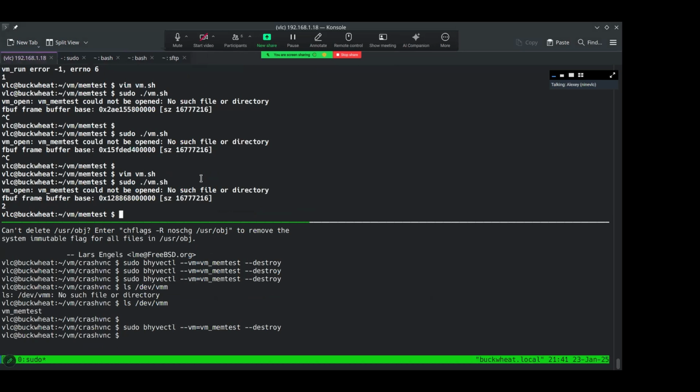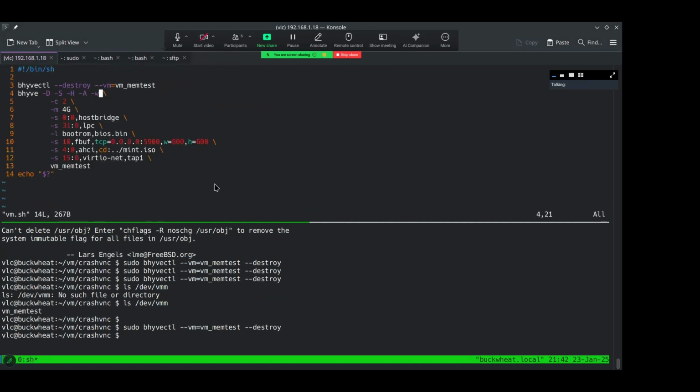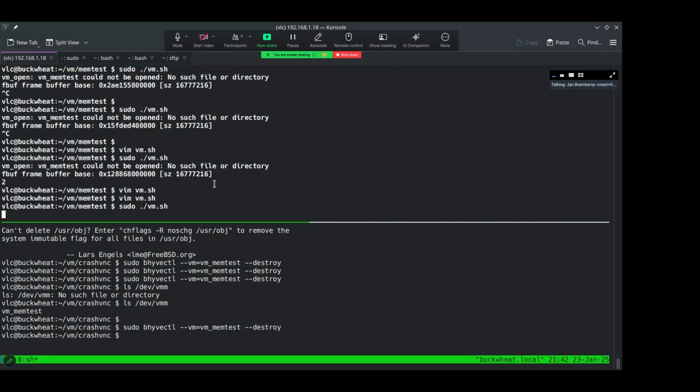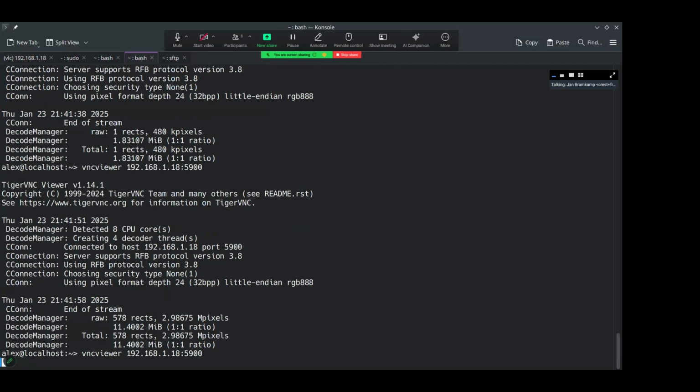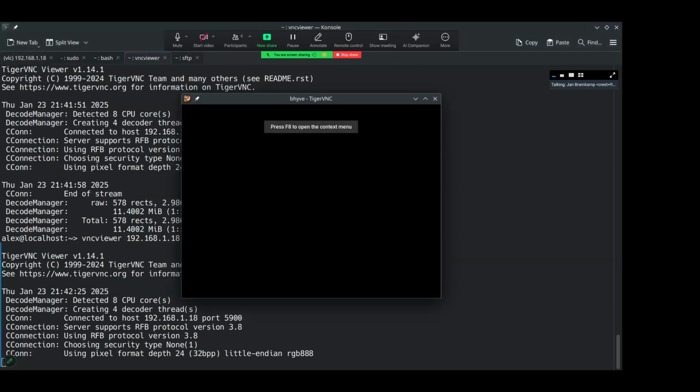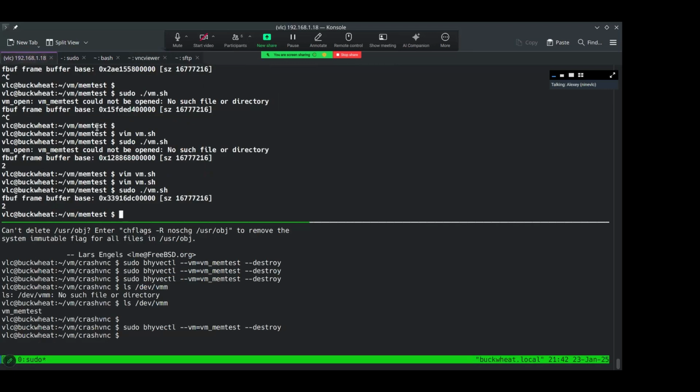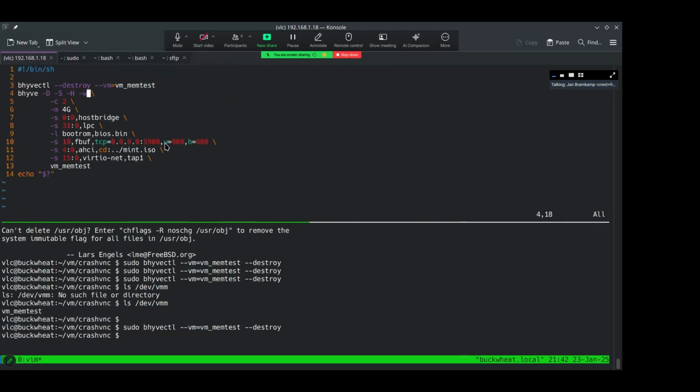Yes. Wait a second. Let's try removing like this. What did you remove? Removed A and W. The W you shouldn't remove. Because if you don't provide W, any access to a model-specific register which is not emulated is fatal. Ah. Okay, yeah, that still crashes. Same thing then. So -W doesn't do much. -H is for yielding. Yes, okay.